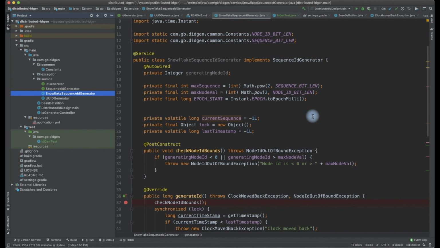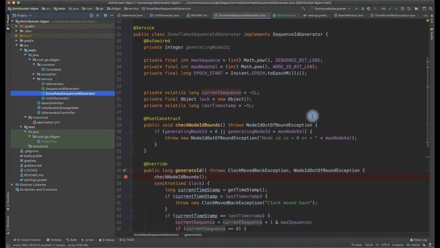What we can do is, we can have something called sequence. Whenever 2 requests come at the same time, and we have seen the time previously, we can create a sequence which is fixed in length. For example, we can say the sequence bits are around 10 bits. We can use it for sequence. We will talk about bits later.